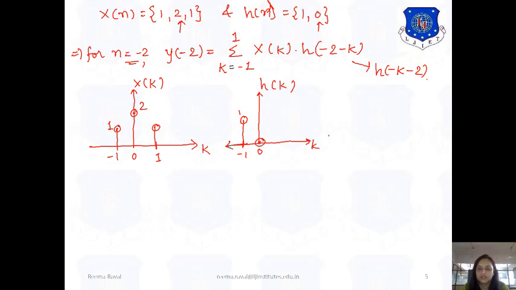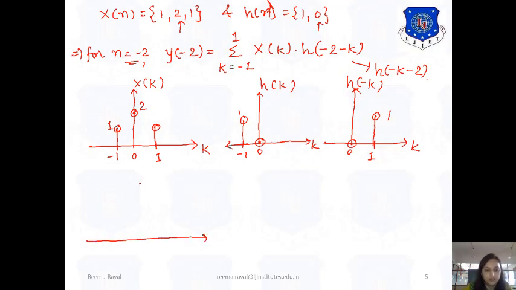Okay. So from this, if I want to plot h of minus k, it will be exactly opposite, or flipped, of the original sequence. That means now at instant 0 there will be 0, and this -1 will go to the +1 instant, having the value 1. Okay. Now I want to plot h of minus k minus 2, that means delayed. So I will shift this to the left by 2 instants. That means now this 1 will shift left by 2 instants, so it will be at instant -1.